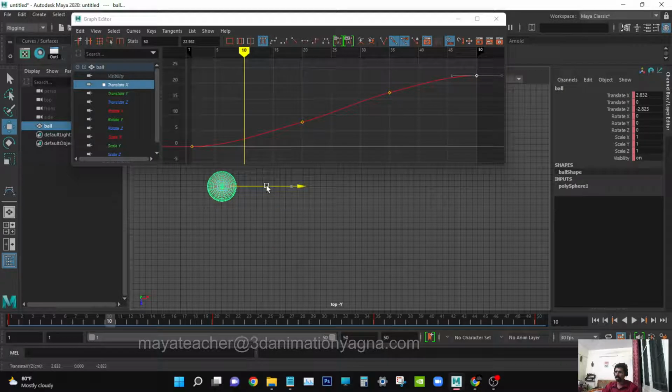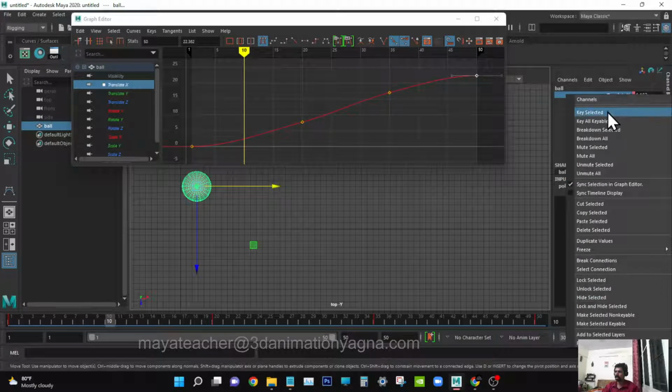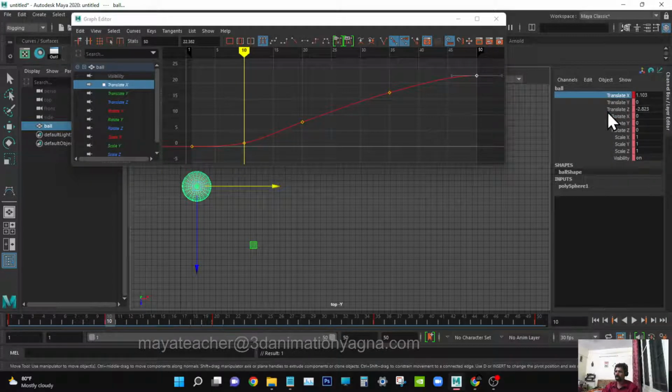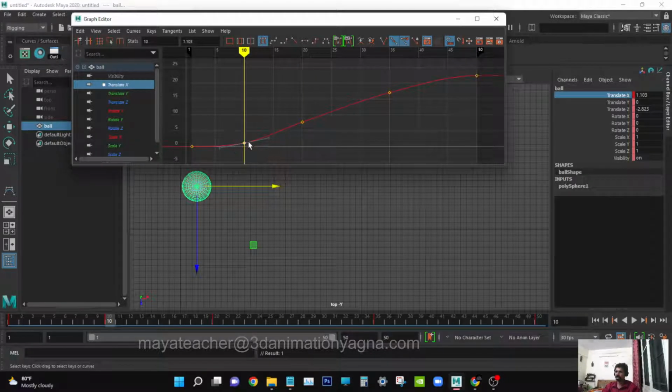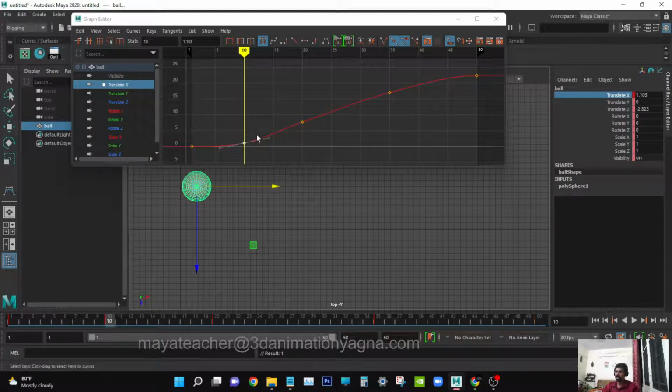If I click on the translation X and say key selected, you can see it is becoming pure red, and here one vertex is added, one key is added. So wherever you are going to key it, a point will be added in the graph editor,